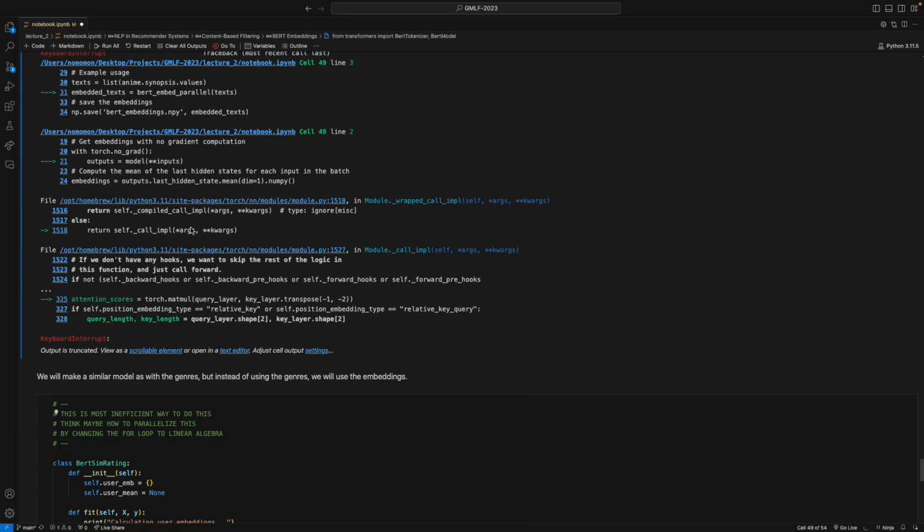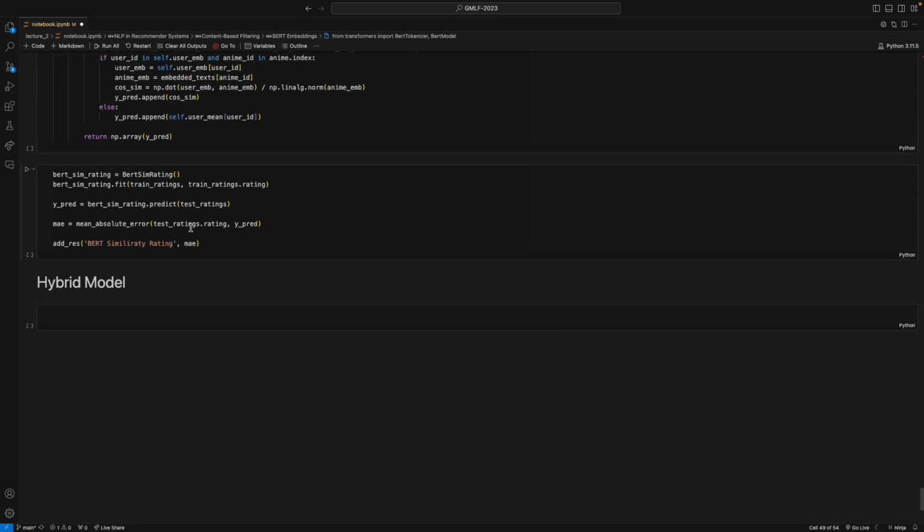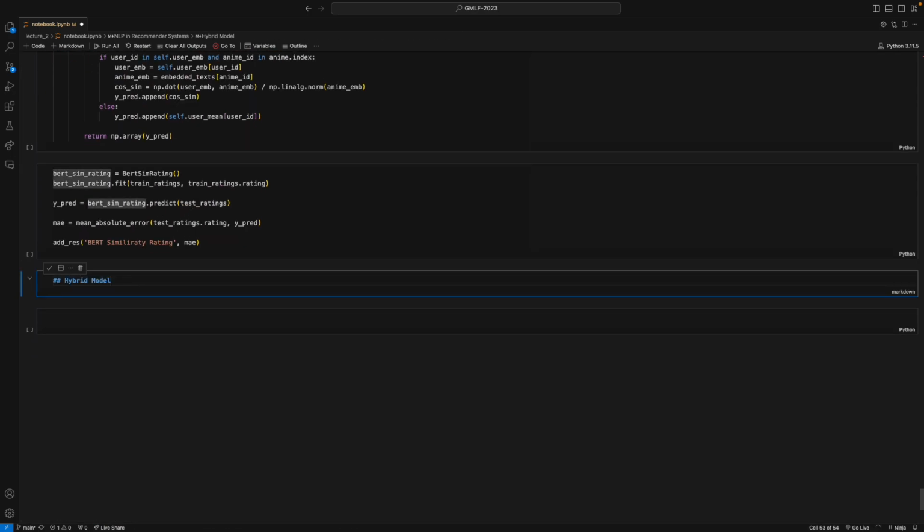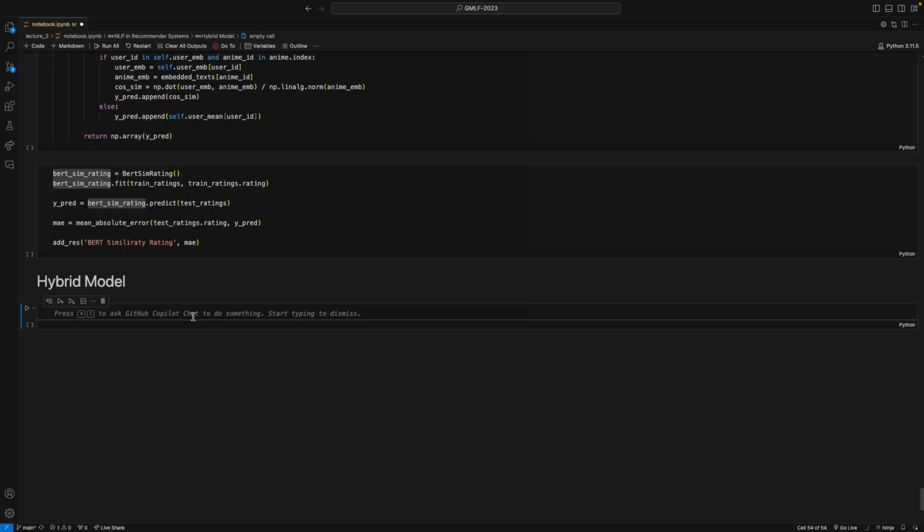I don't know, but I would assume it is decent. But the thing is, once you actually have those vectors and you have the embeddings and you actually make your predictions, what you will get is the predictions from the BERT model, the predictions from genres, predictions from ALS, right? And now you have like 3 files of predictions. And what you can do then is you can build a hybrid model. And that is what everyone does because,